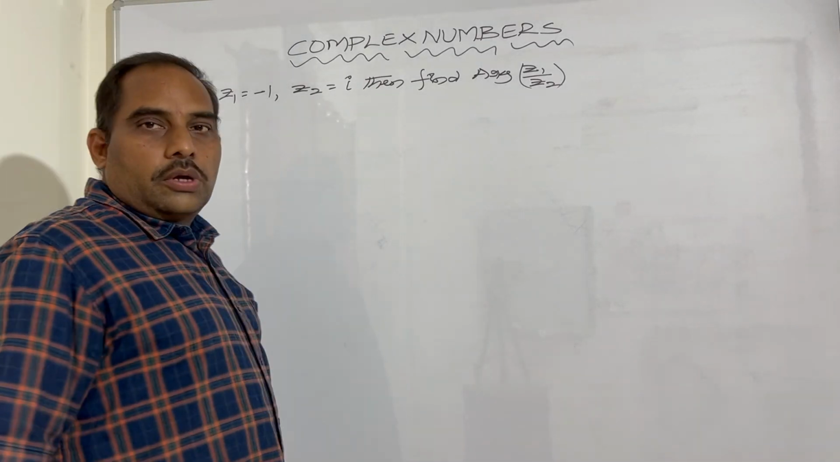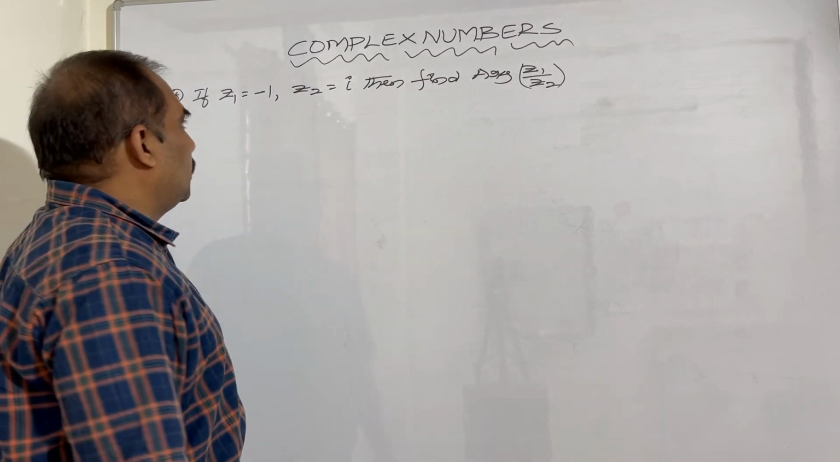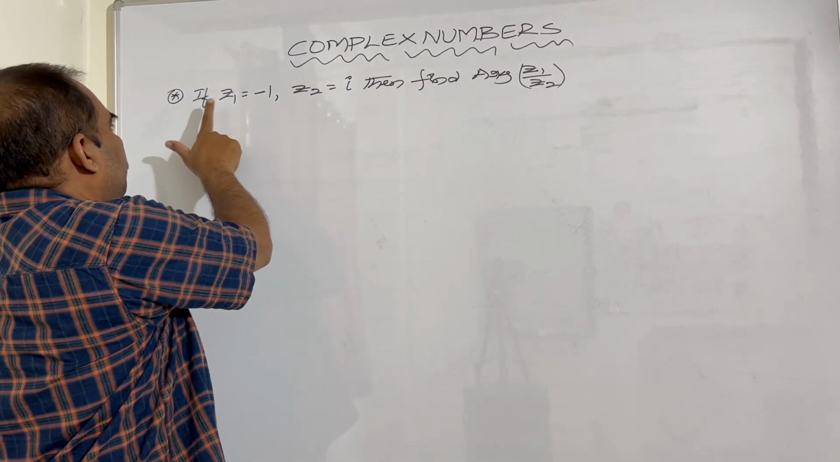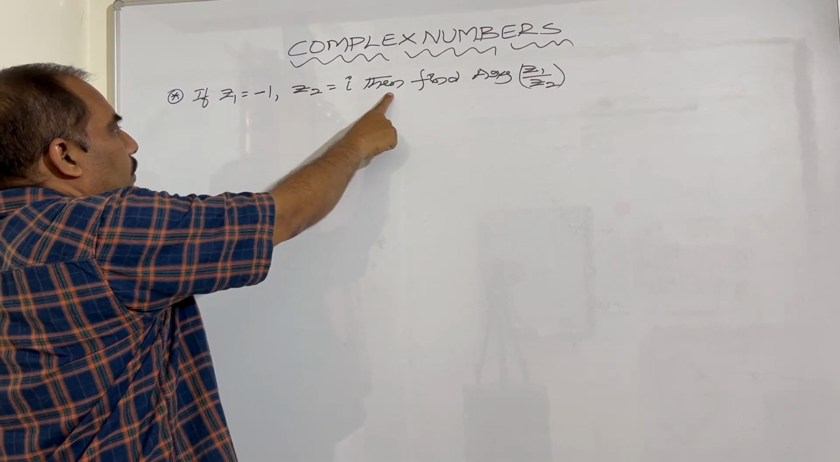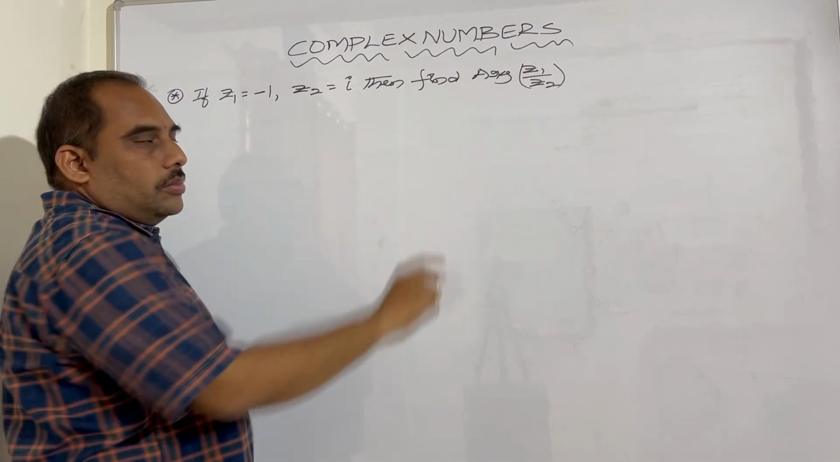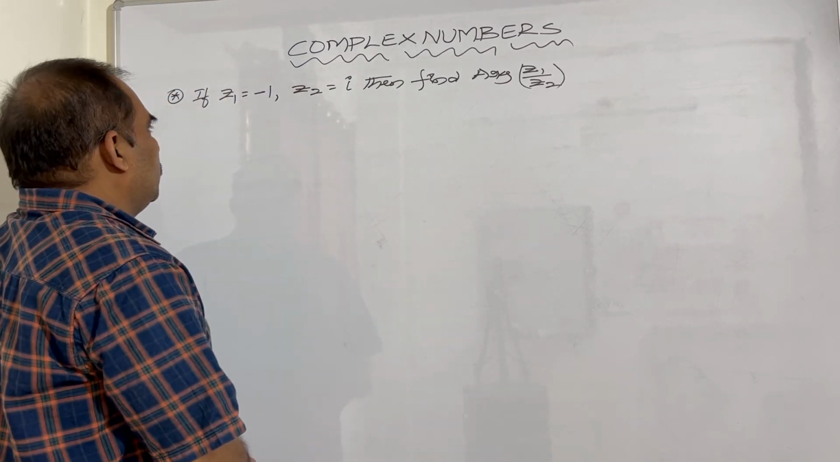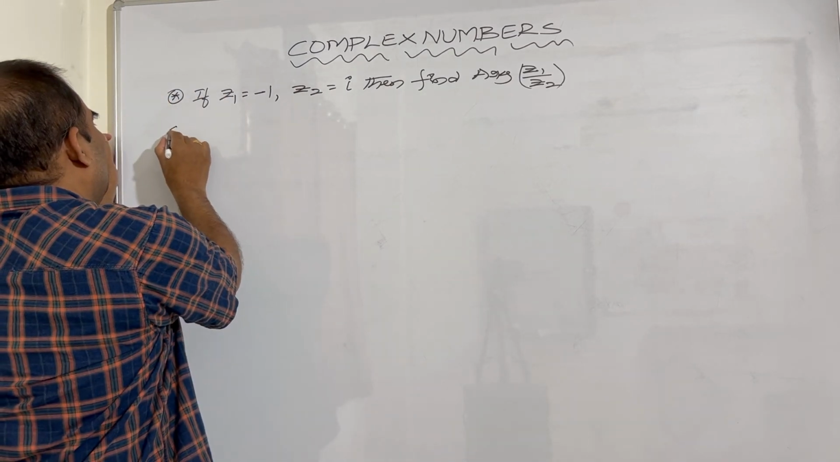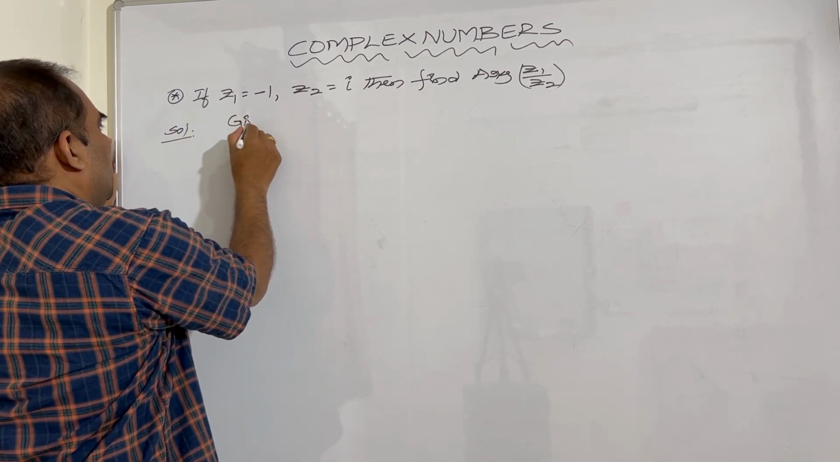So in this video we are going to discuss complex numbers. The question is, if z1 is equal to minus 1 and z2 is equal to i, then find the argument of z1 by z2. So now how to find this? Now here in the solution, given that